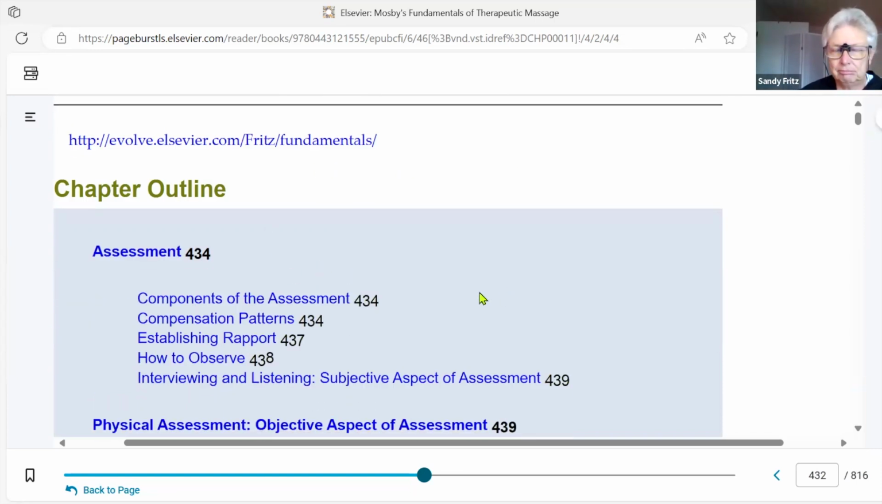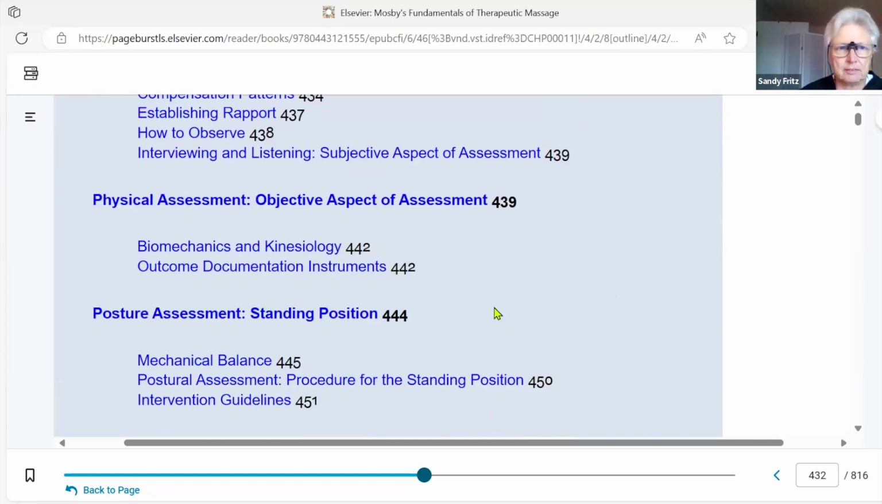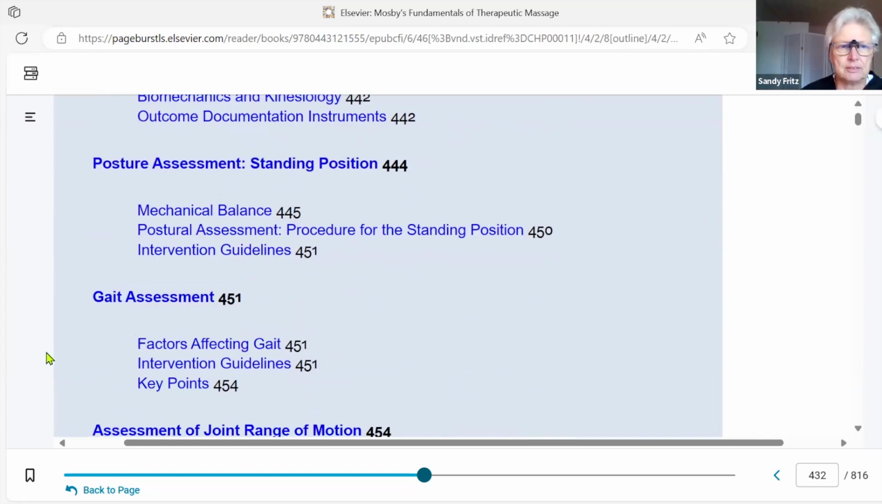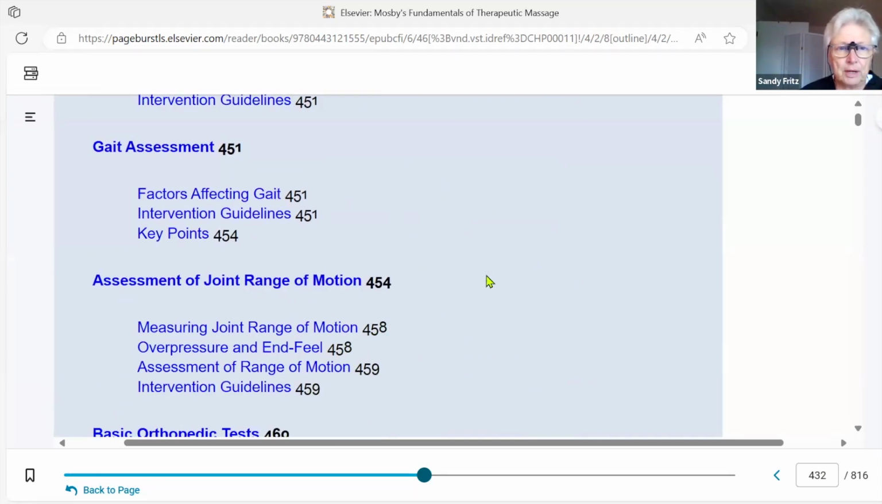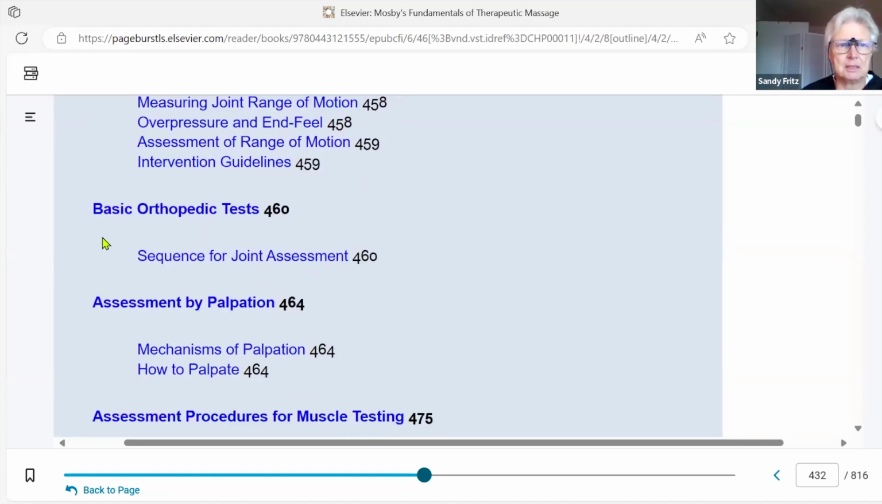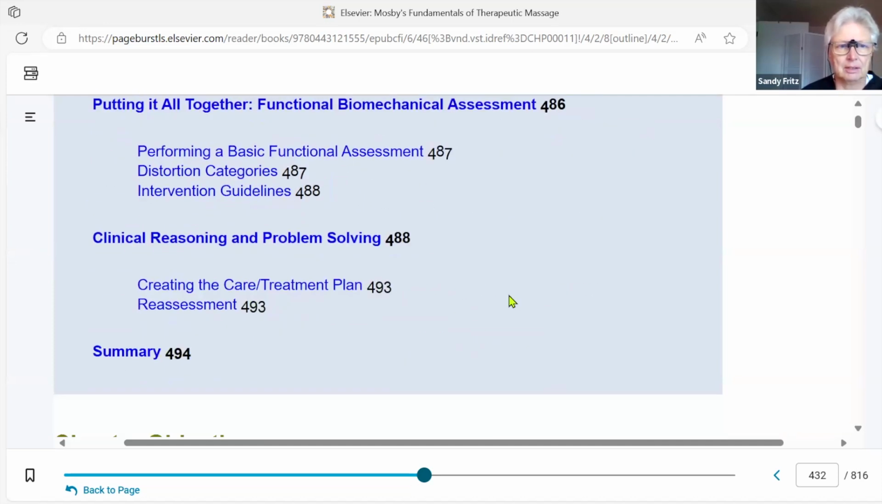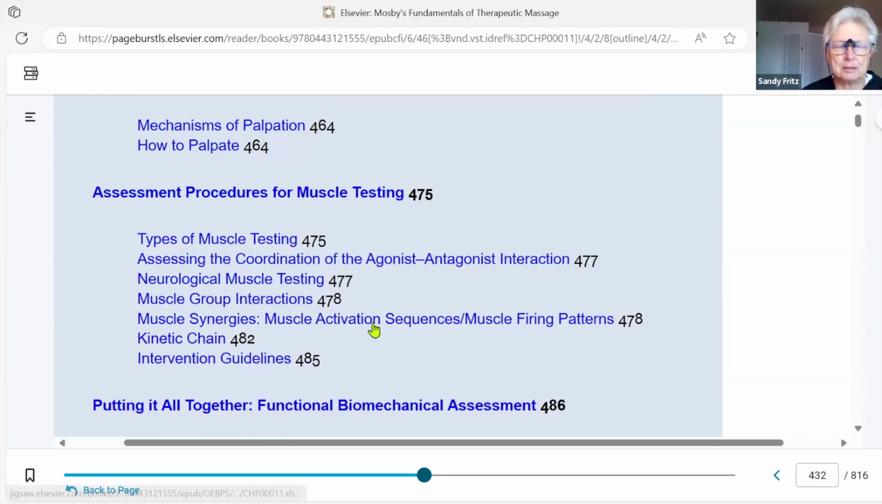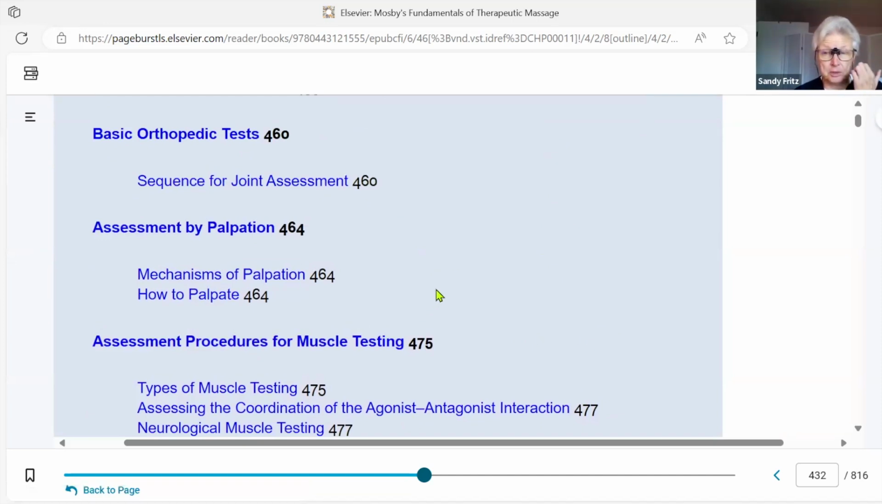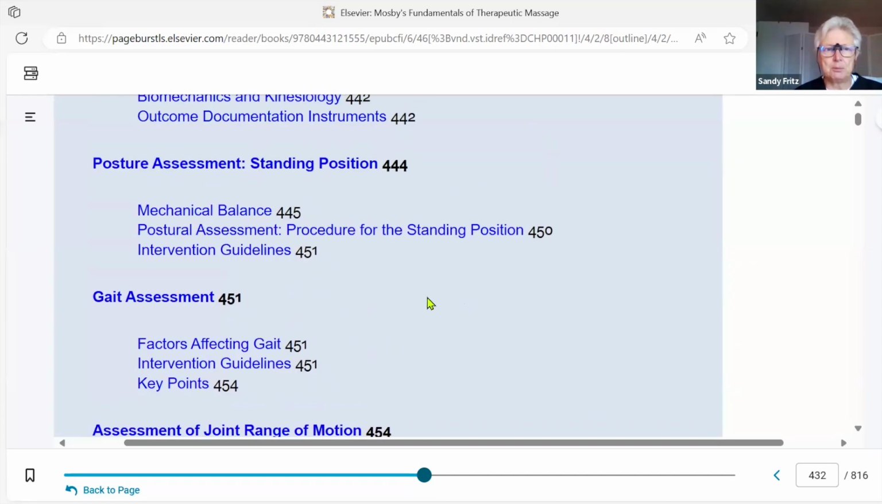What is assessment? And then the aspects of assessment: physical assessment, postural assessment, gait assessment, range of motion, joint range of motion assessment, basic orthopedic tests, palpation, muscle testing, putting it all together. You already are, for the most part, performing the methods that you will use, because you adapt what you've already been doing as far as the general massage, and it is more about paying attention to what you see, paying attention to what you feel,